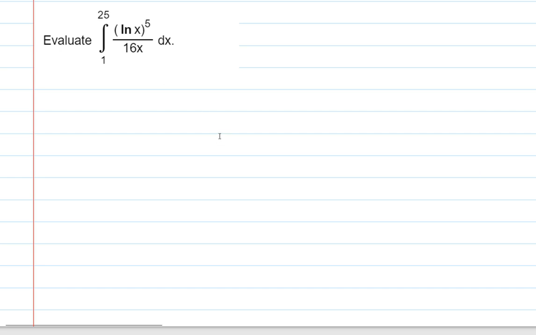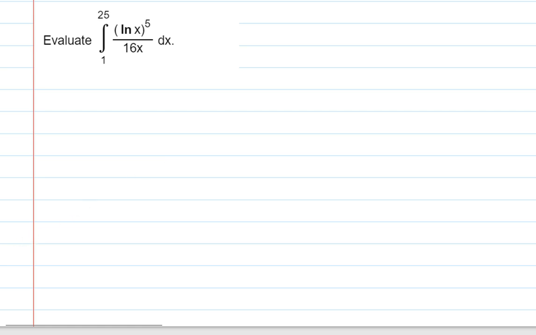In this video, we're going to evaluate a definite integral from 1 to 25 of the natural log of x, quantity raised to the 5th power, all divided by 16x, and then dx. When we're evaluating definite integrals, the first thing we want to think about is whether the integral we're given fits